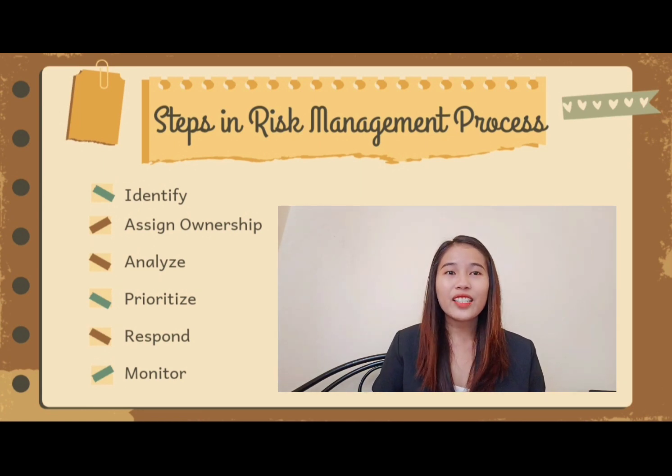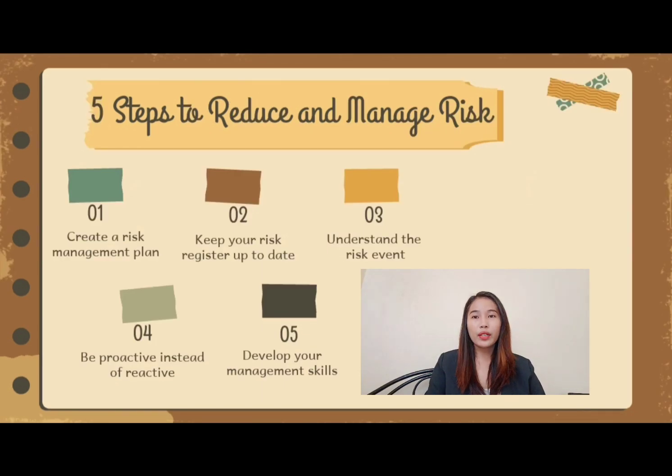Although there are clear steps in the risk management process, this should ideally be an ongoing effort. After all, the nature of risk is inherently unpredictable, and project managers need to have the agility and discipline to continuously adapt to changes throughout the given project. Number 1 is to create a risk management plan.